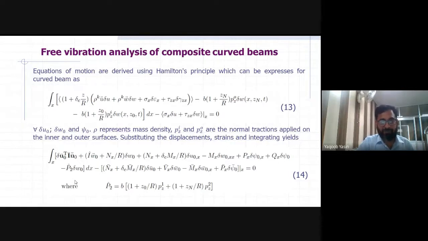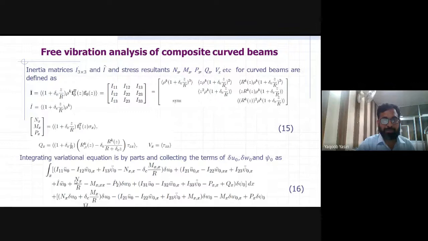Now in this equation we have other definitions. For example, we have some functions and inertia matrices which represent the mass of the beam at each point, and some stiffness coefficients, or you can say the resultants of forces and moments, which are represented by Nx, Mx, Px and Qx. These expressions are highly dependent on the theory you are considering. For example, we are using third order theory, so we have different values of Px, Qx, Mx and Nx. If we are using some simpler theory, for example classical theory or first order shear deformation theory, then we have different expressions for these values.